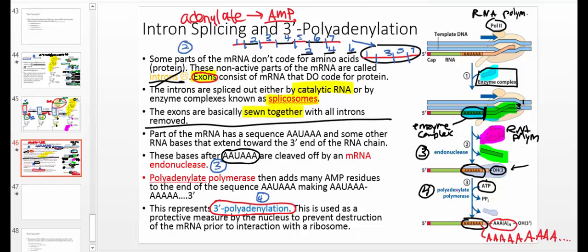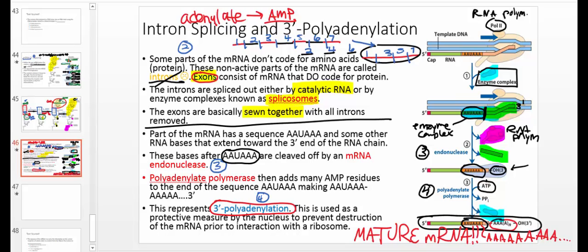I did that in blue. So this whole enzyme complex, I highlighted in blue, dissociates. And now what you have at this point is the mature mRNA. So this right here deserves a bold color. In fact, it deserves all capital letters. This is the mature mRNA. Mature mRNA. And once we have this mature mRNA, it will exit the nucleus and head for a